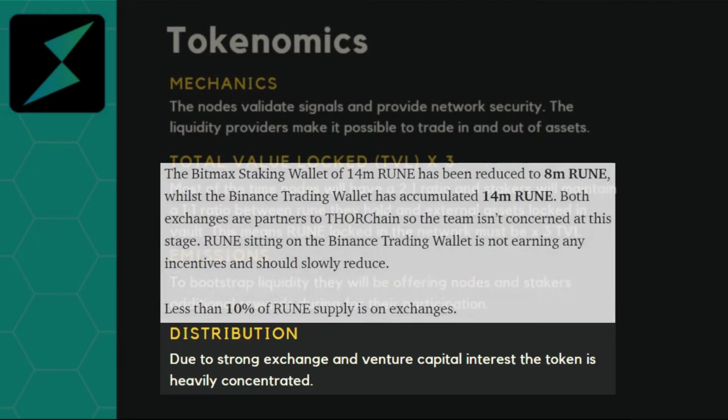Another reason why I'm not overly concerned about token concentration is because less than 10% of the circulating supply is on exchanges. If there's enough demand, the token price will move pretty fast, in my opinion. And lastly, there's only a handful of nodes that are currently operational. Once they bring more market participants into the network and they start running their nodes, you're inevitably going to see the token demand increase, because as I stated earlier in my video, you need at least 1 million Rune tokens to set up a node.